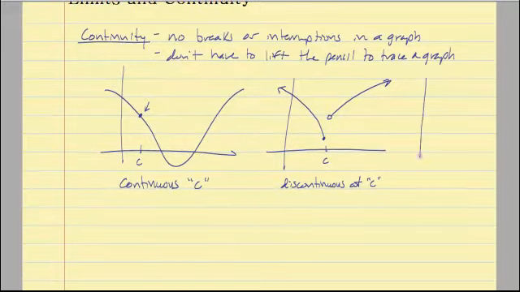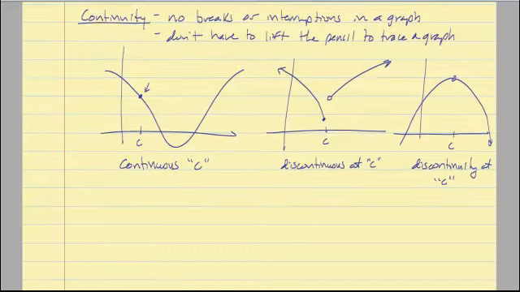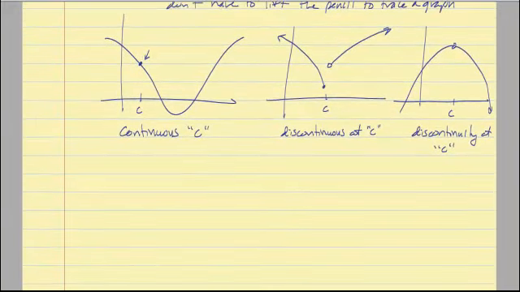Let's see if we can squeeze one more graph in here. And again, on this one I can definitely see when I trace my graph I have a problem right here at the peak. So let's call that point C as well, and I have a discontinuity here as well. But my discontinuity in this case is a different type of discontinuity than in the second case. So again, first of all, let's identify whether it's continuous or discontinuous,